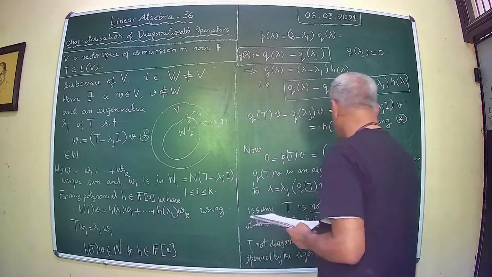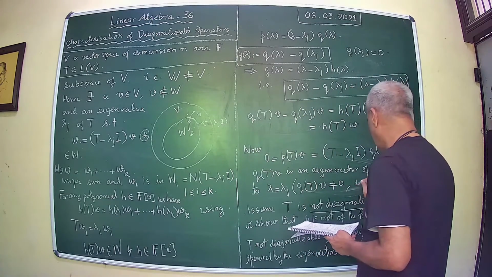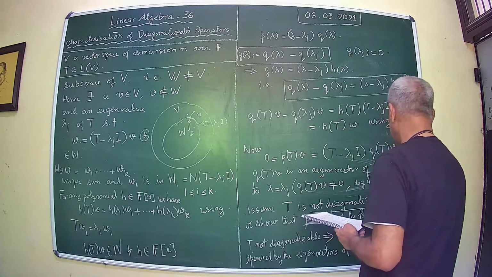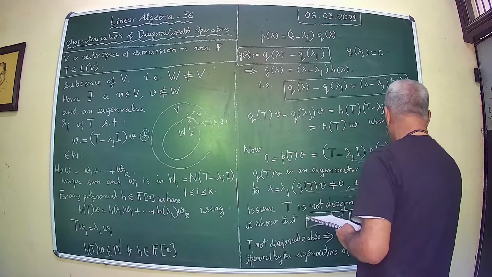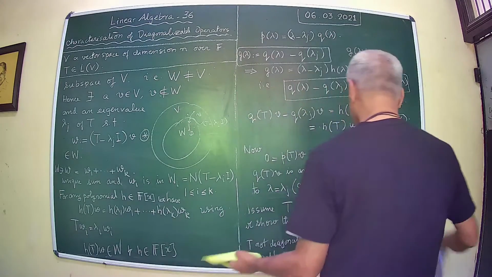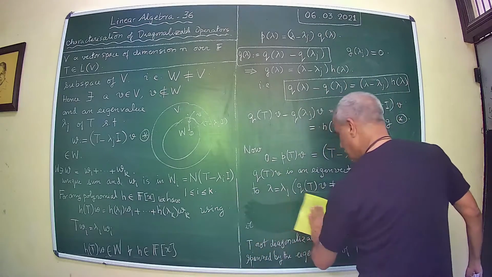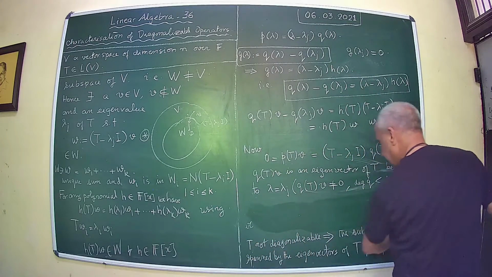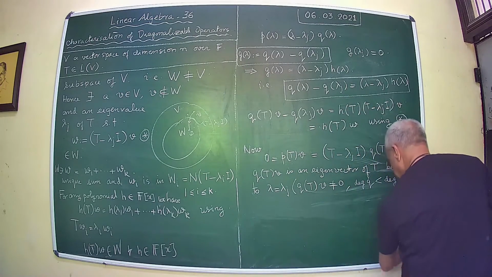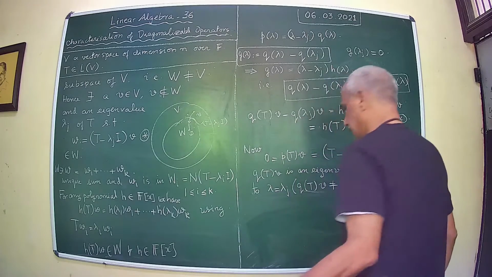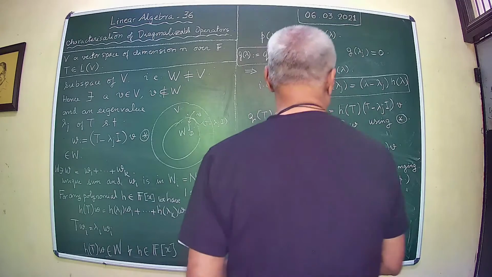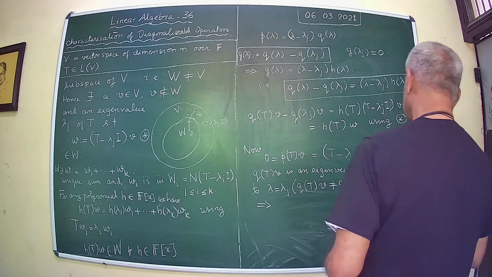Why is it not equal to 0? Because degree of Q is strictly less than that of P, and P is the minimal polynomial. So this is not equal to 0. Therefore, this is an eigenvector belonging to the eigenvalue lambda. What is the implication? This implies